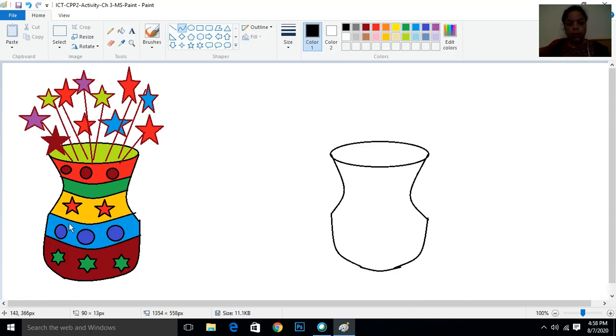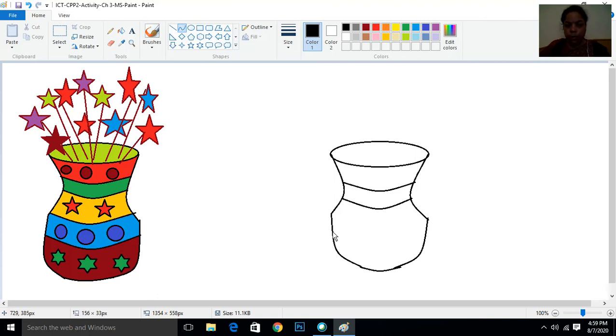Now I want these two lines here, 1 2 3 4. I want to draw 4 lines, so I will just draw one line here. Now I will press the shift key. I have chosen the curve tool, so I will just click on this. You can see here. Now again I will click on curve tool so that my line may be fixed. Now I have drawn this much. Now I will again click on this curve tool.